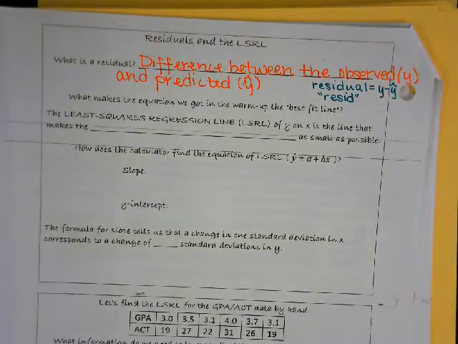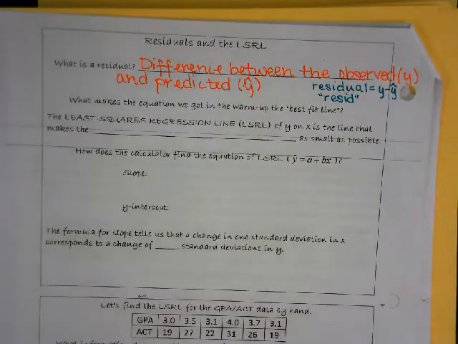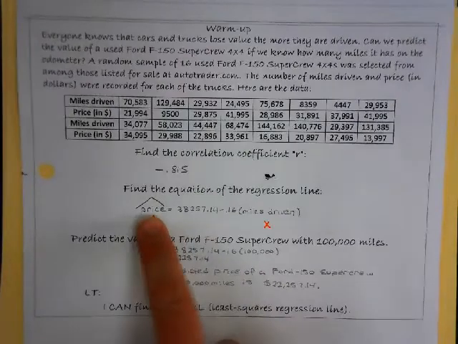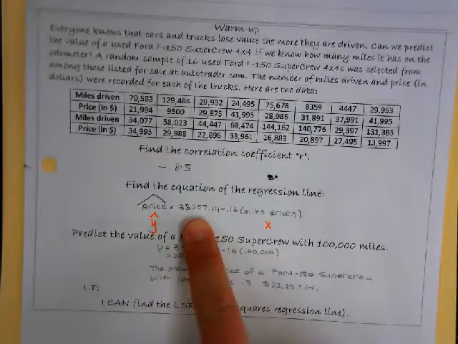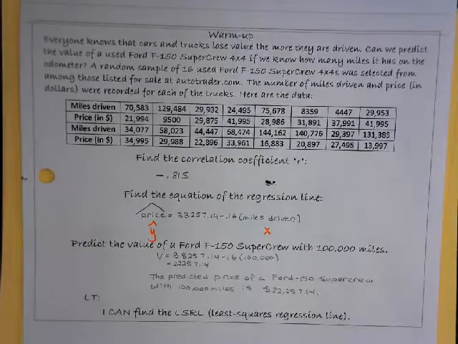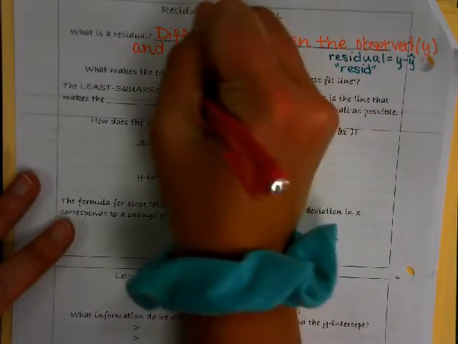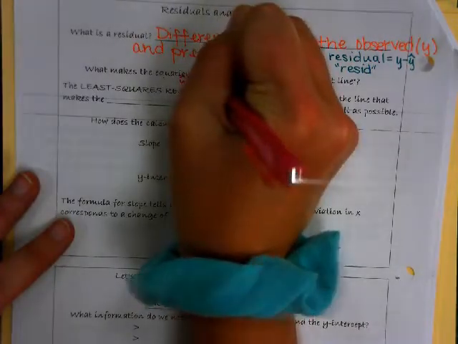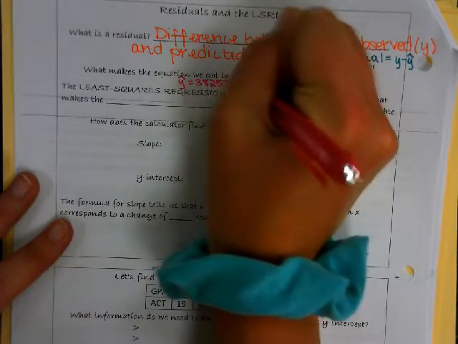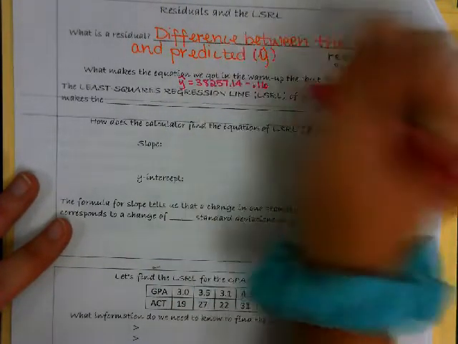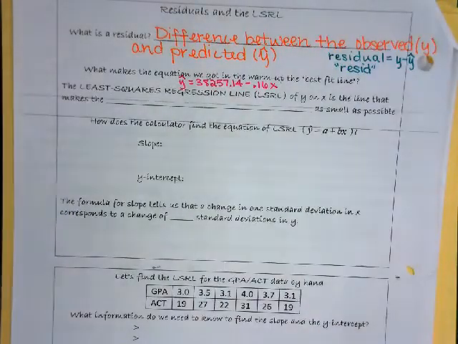So in the warm-up, you guys found the regression line, the line of best fit, which Shelley told us was price hat is equal to 38,257.14 minus 0.16 times the number of miles driven. So yesterday we talked about how it's important that we use our calculators so we all end up with the same regression line. Well, there is a certain reason that the calculator picks this regression line. And so we're going to talk about that today and look at how they actually figure that